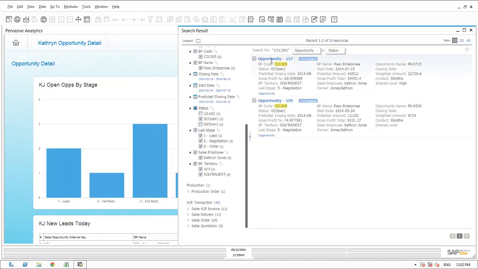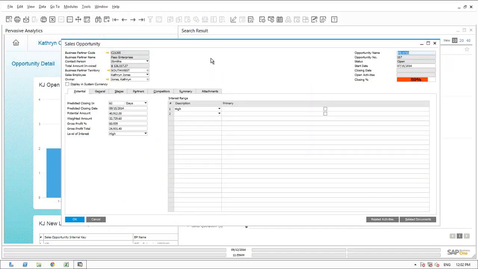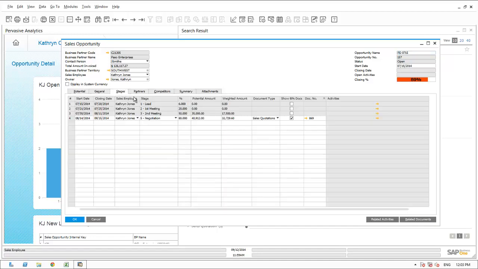She drills into opportunity 157 to get the details. She can see by looking at the sales opportunity record that it has a revenue potential of $40,912. She is also predicting it to close in a couple of days. She can look at the various sales stages this opportunity has been through, and she can see that it started back in July and has moved through the sales stages one step at a time, and it is currently in